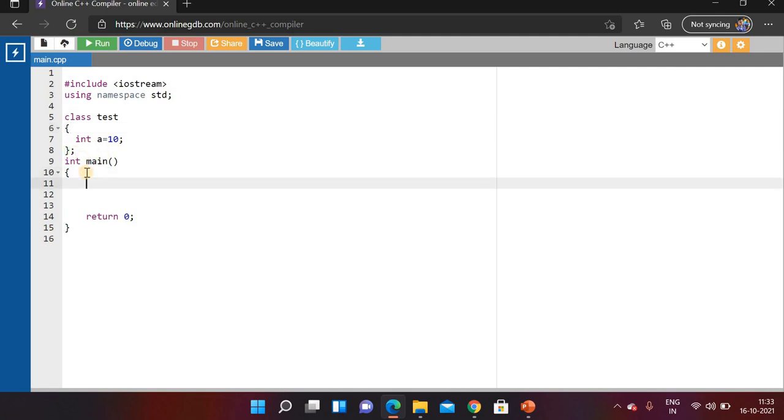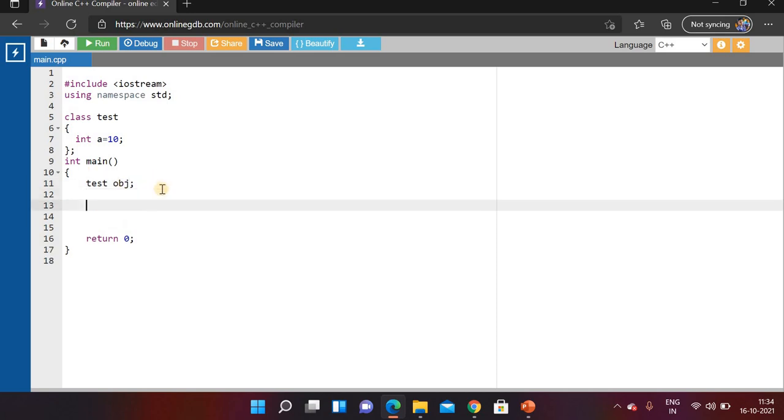Suppose I want to access a from our main function. First we are going to access the class member. A class member can be accessed using an object only. So we need to create an object of the test class. We have an object obj of the test class, and I'm accessing the member a from the test class.